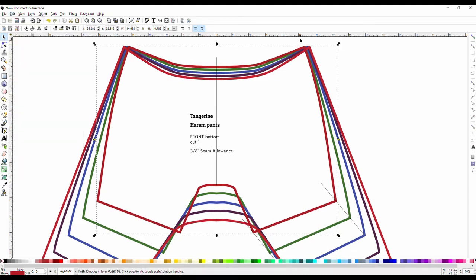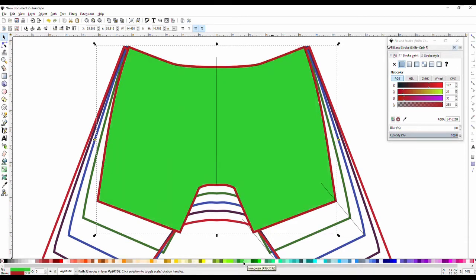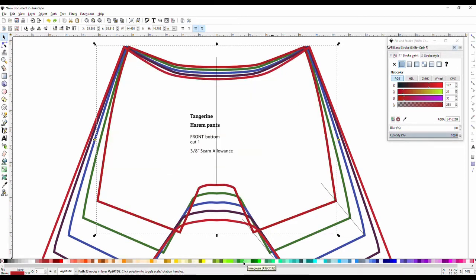Now, before we touch this and move it and forget it, I want to change the color. So you can either go up to Object, Fill and Stroke, which should pop up over here, or some strange place like that. You can do Stroke Paint, change it if you want, or down here you'll see this bar of selectable colors. If you press this, it'll just fill it in and you'll be all mad because that's definitely not an attractive color to see that much. But if you press Shift, you can change the color of whatever one you have. So I'm going to select this color